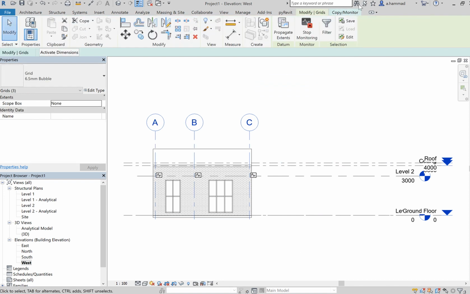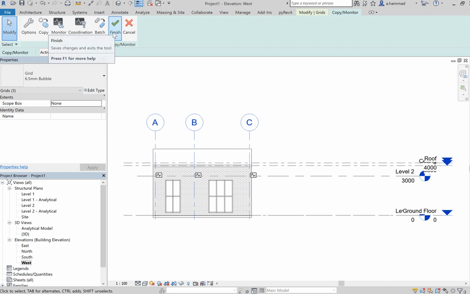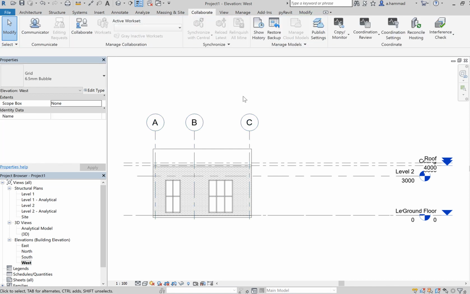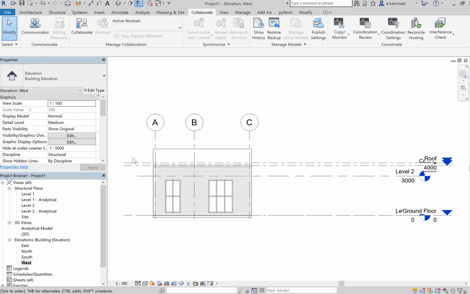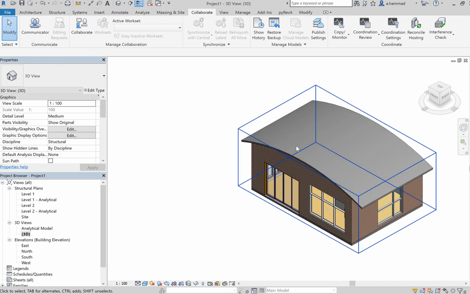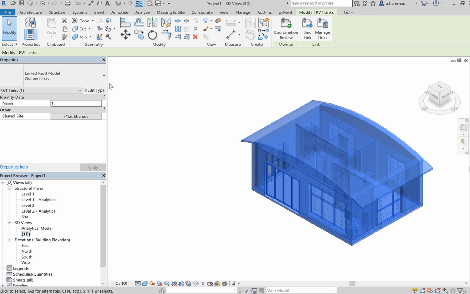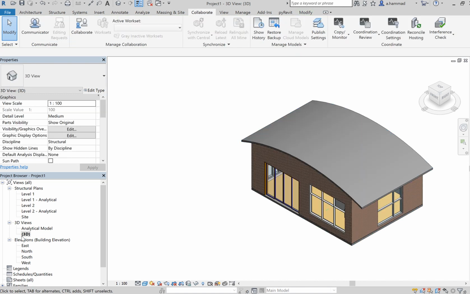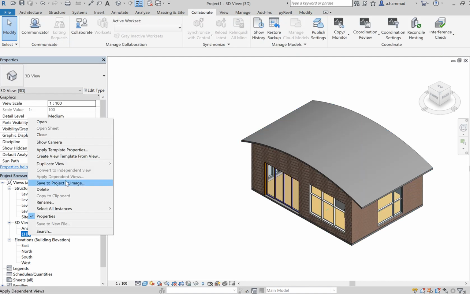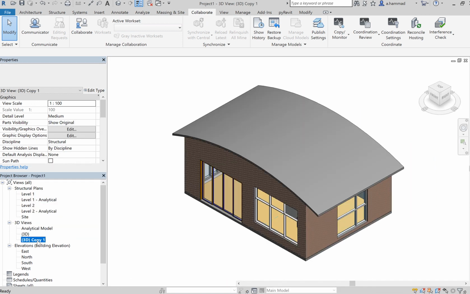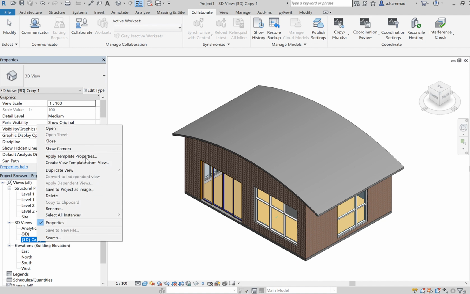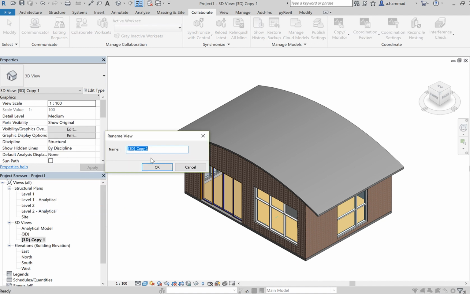Okay, so select the tick. If I go to my 3D view, this, as you see, is a linked file, but I want to see my actual 3D view in the structural template. So duplicate, rename that 3D no link,